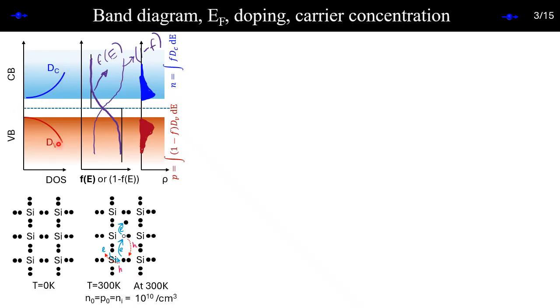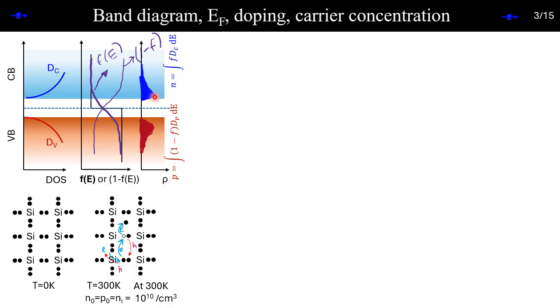Will you change the density of states? No, right? Because it is a property of silicon. It is there, whatever. Then the only parameter is the Fermi energy level and nothing else, right? You cannot change the Fermi-Dirac statistics. That expression you cannot change. Only the thing that you have in your hand, EF. Then EF should be raised or it should be lowered. If you want to have more N,